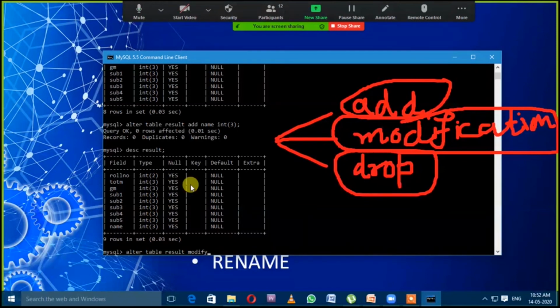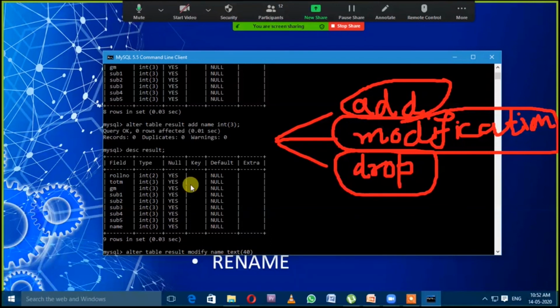Now after modify, pass the column name whose fields you want to change. As I passed name, then its new data type, I am passing text this time, and after that the new size.